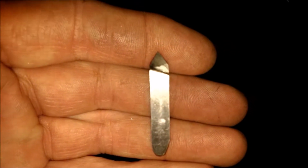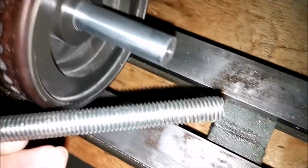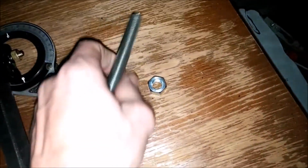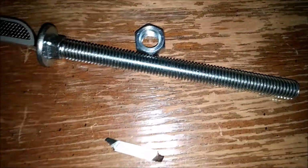Okay guys, I managed to grind down a tip to 60 degrees. I just used this to measure my 60 degrees. Again, you know, I don't have any machining experience. I'm hoping that once I get this on there, I want to replicate these threads onto that rod and then use the corresponding bolt to tighten this wheel onto that rod, because that bolt fits on there perfectly. Okay. If all goes well,